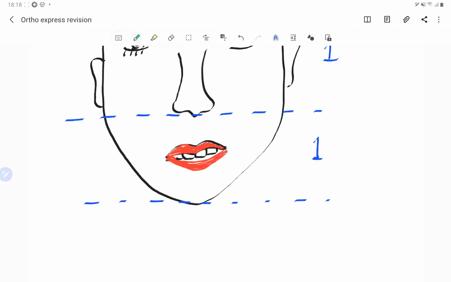So the line up to the upper lip is our upper, and the line from the lower lip is our lower. So here this is the upper and this is the lower. If you see upper facial height and the lower facial height, lower is slightly